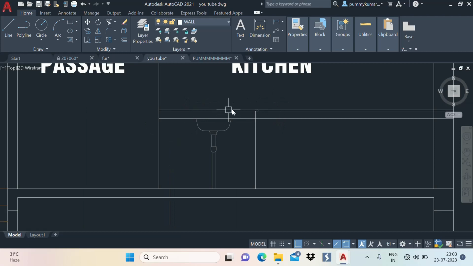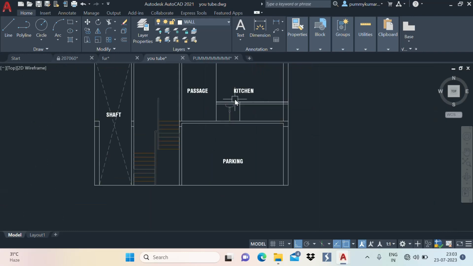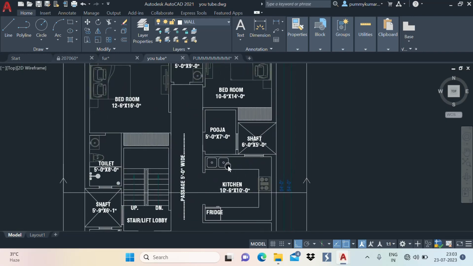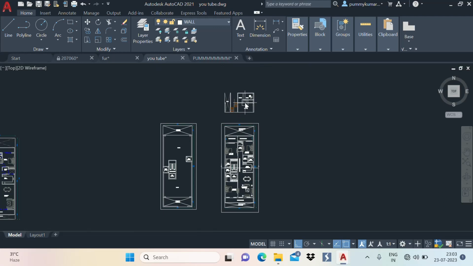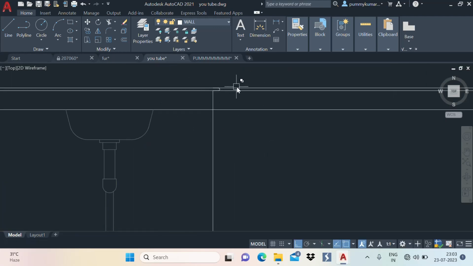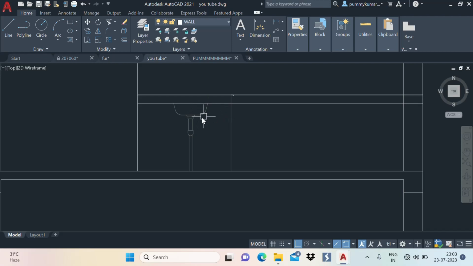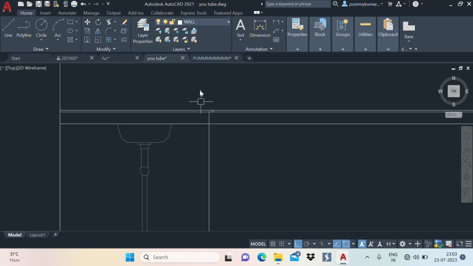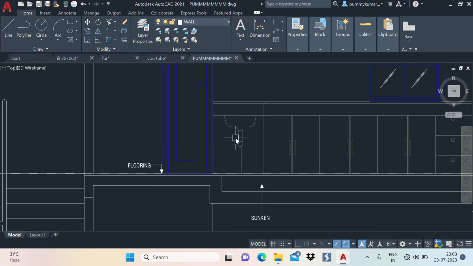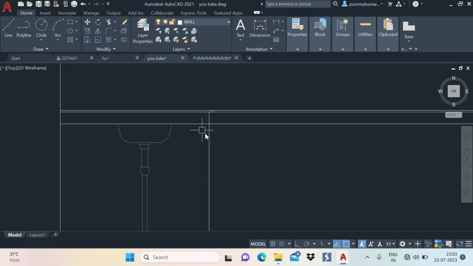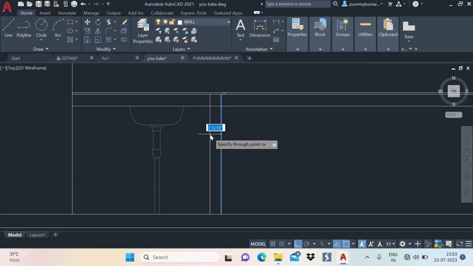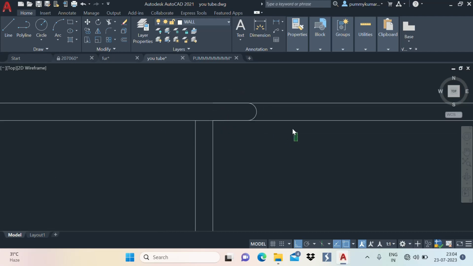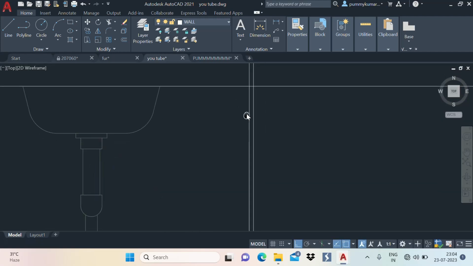Okay, so after making this portion, this is not a cut part. You can see this is not cutting here. So I'm just going to show you the elevation of this area. In elevation you can see only this part, but showing you the wash basin like this is my extra work. You don't need to show these things in any sections, but I always used to, if I have time, show this type of work to show my creativity, or what you can say,